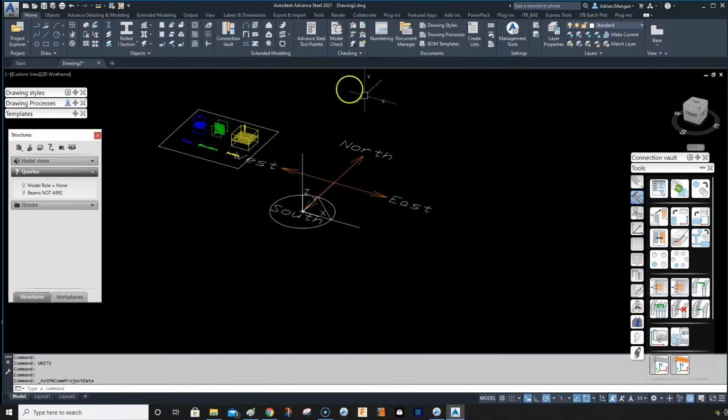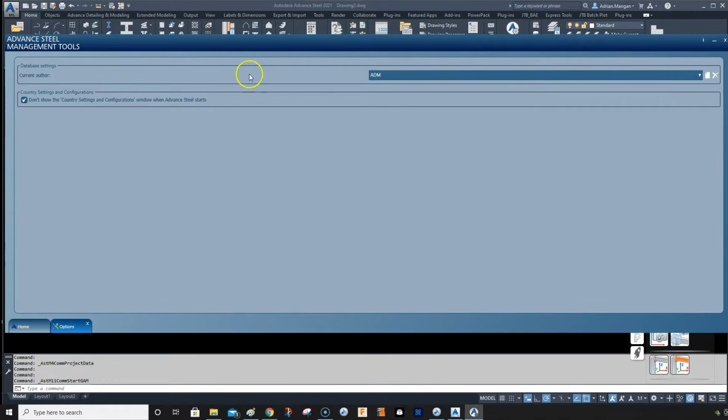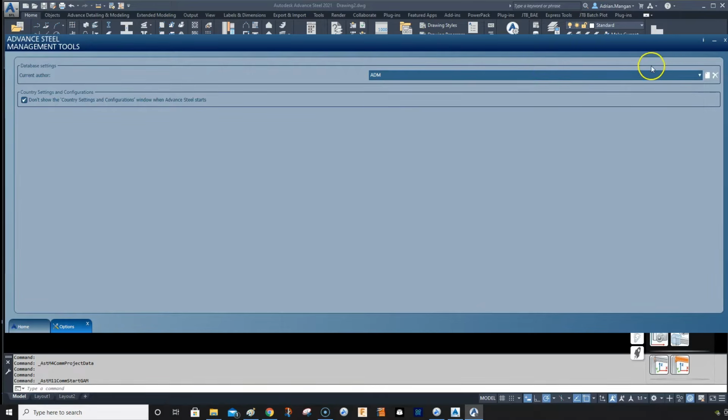So one other thing you want to do is go into your management tools and go to your options, and you can see my current author is ADM, which is where I want it, but I have other authors in here and you can create new profiles for each company. So what I can do if I want is I can copy this profile and rename it to